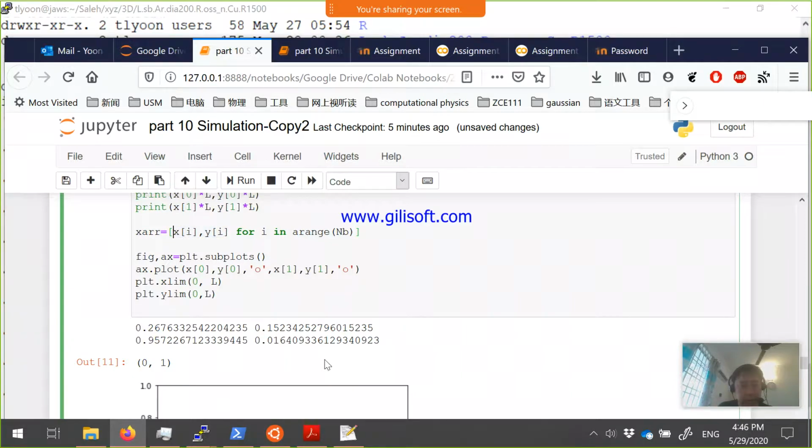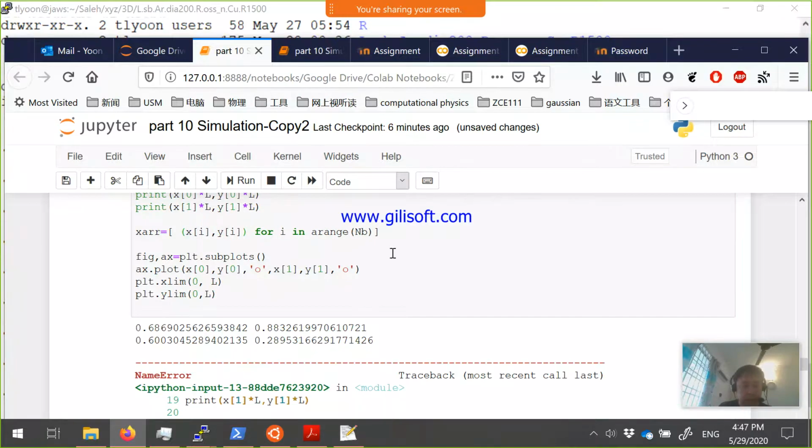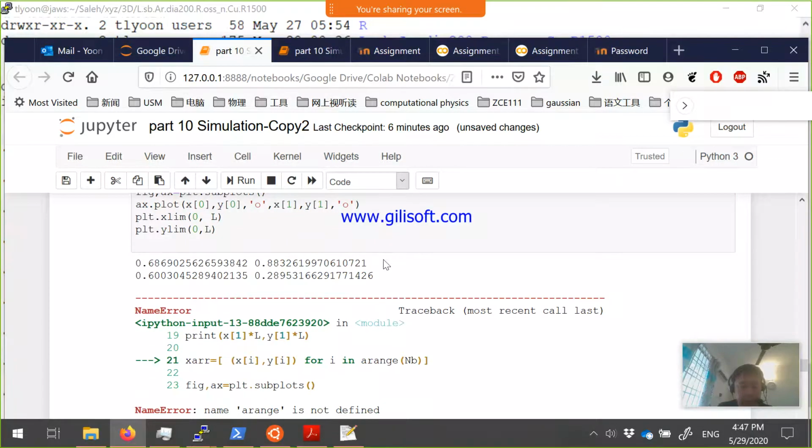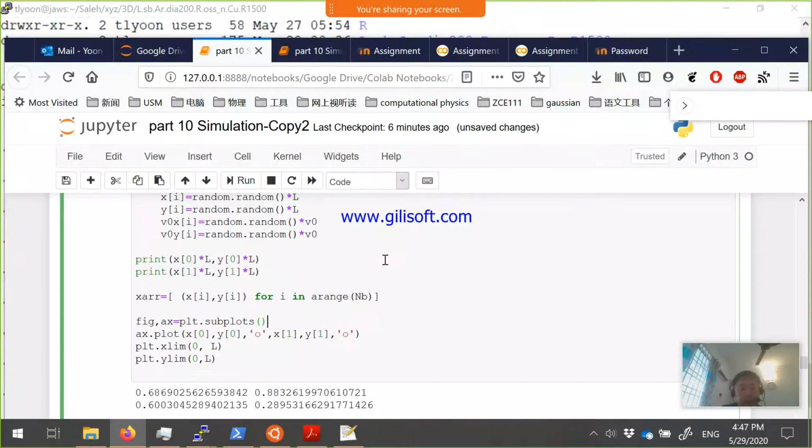Okay. I'm not really sure if this is working. Okay. So there is an invalid syntax. So that should be like this. Okay, so again there is an error. Okay, so now I'm showing you in order to proceed with the simulations, you have to think what